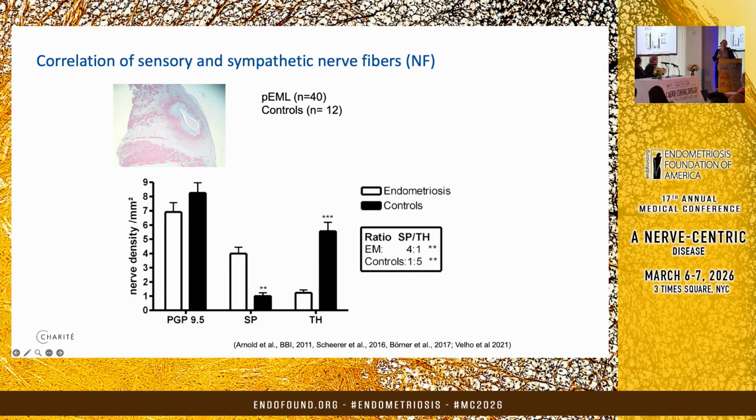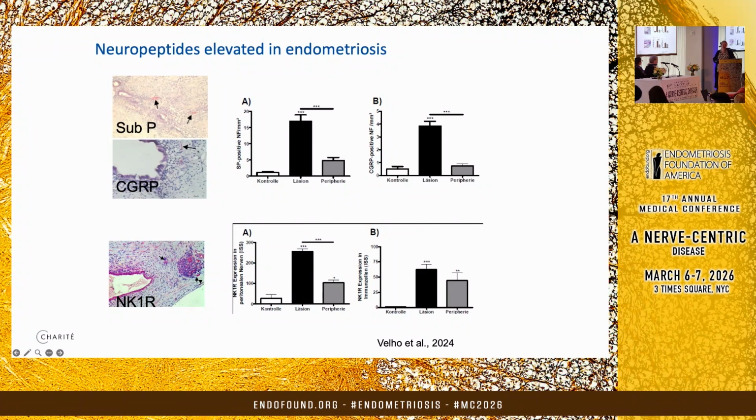We found the nerve fibers before. My first publication about the nerve fibers present was in 2007. I was one of the first who looked for the nerve fibers. But then we started to count them. So we did staining with PGP, the pan marker for nerve fibers, looked in endometriosis and healthy peritoneal tissue. And we found a higher number of sensory nerve fibers in the endometriotic tissue and a lower number of sympathetic nerve fibers in the endometriosis in comparison to the healthy controls. So we have an inverse correlation in this tissue.